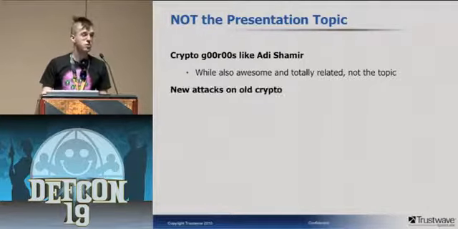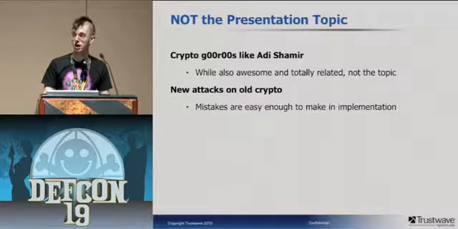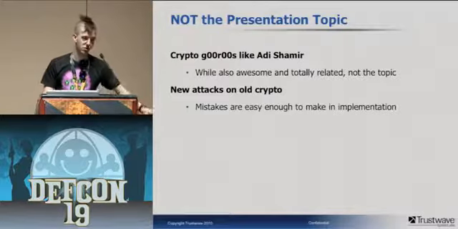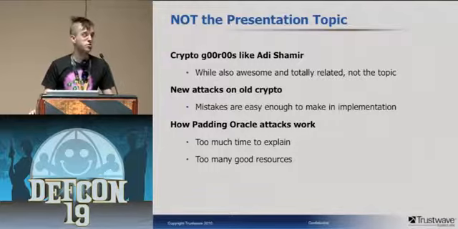We're not talking about new attacks on old crypto. I will be clarifying some details on the default encryption algorithm in ColdFusion, but that's not exactly a new attack. That's already known. It's just I've never seen it made public. I wasn't able to find any public details on why Adobe says this is a weak cipher. No, stay away. We're also not going to be talking about how categorical attacks work. Now, if you would like to know, the presentation from Echo Park